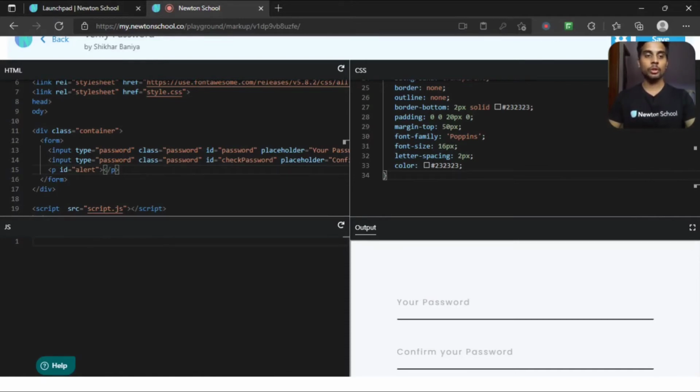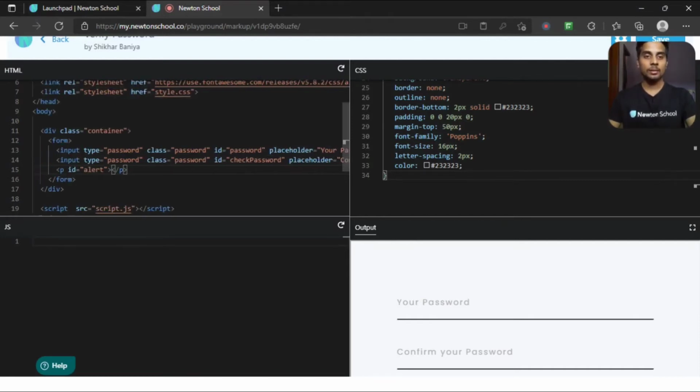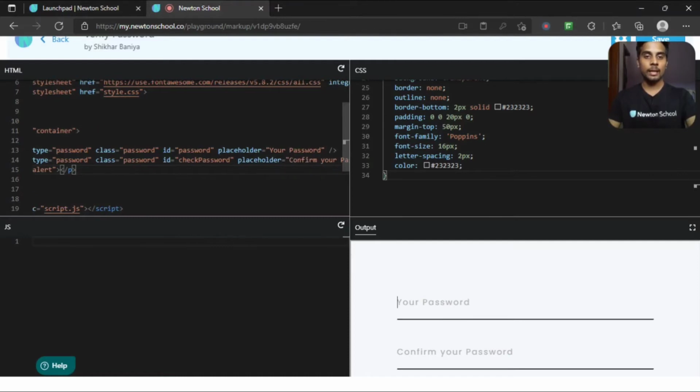We're going to do that in JavaScript, but before that, let me add inside our second input tag a property called onkeyup. So basically onkeyup is an event which means that whenever you press something and release that key, this onkeyup attribute will be called. Inside this I am passing a function called check. So whenever onkeyup is called, it will jump to JavaScript, look for that function and execute it. So we're going to define this check in our JavaScript.